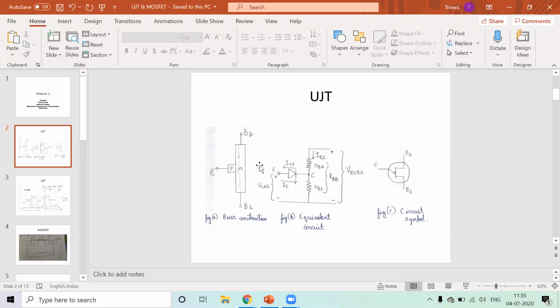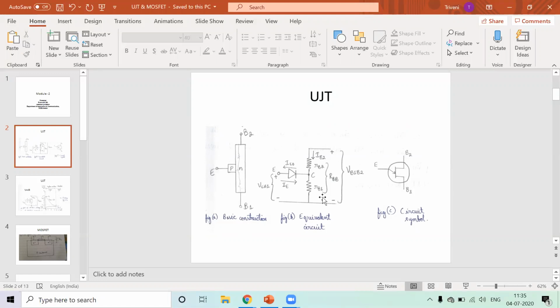As you can see, the basic construction consists of a bar of lightly doped N-type silicon with a block of P-type material on the other side. The end terminals of the bar are B1 and B2, and the P-type block is named the emitter. So E is the emitter. This is the basic construction of the